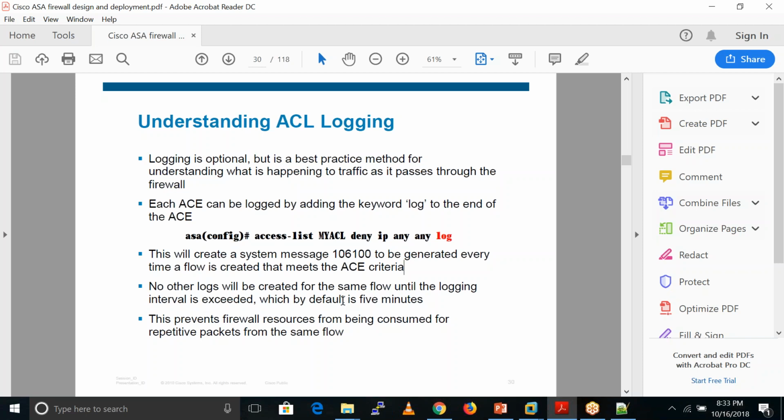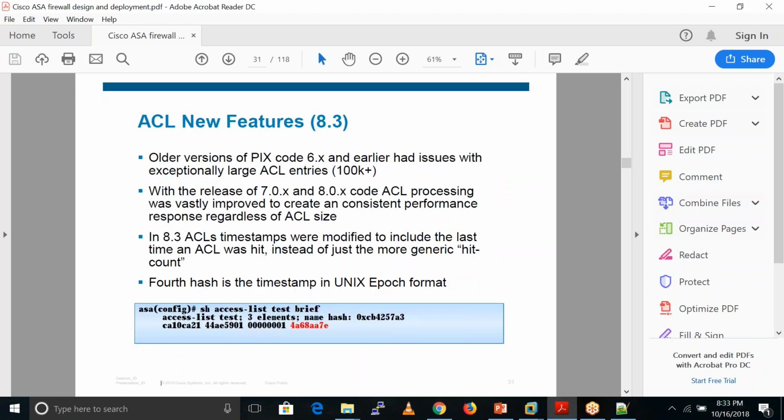So that interval is for 5 minutes only. This prevents firewall resources from being consumed for repetitive packets from the same flow. These are some new features with the ACE, very high-level features. If you want, I can explain the meaning of these features.